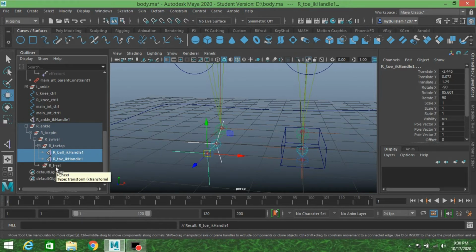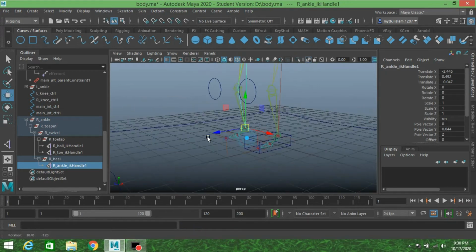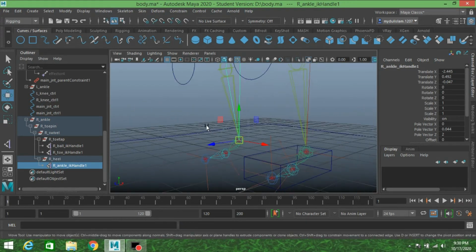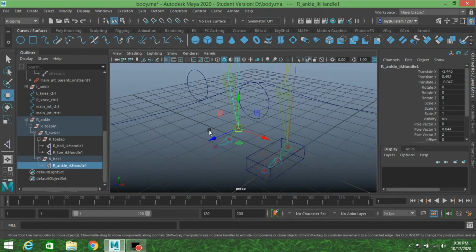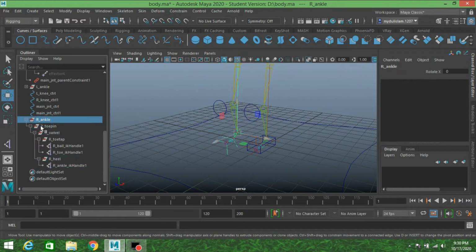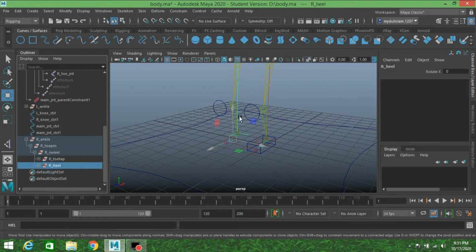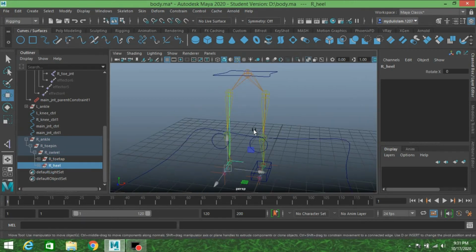And select the right ankle, middle click and drag it to the right heel. Now select and see. See? All are done.